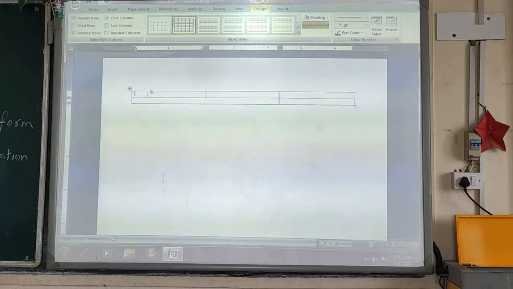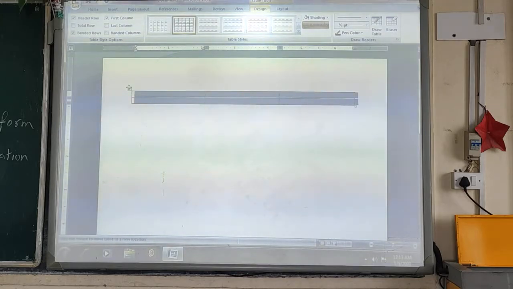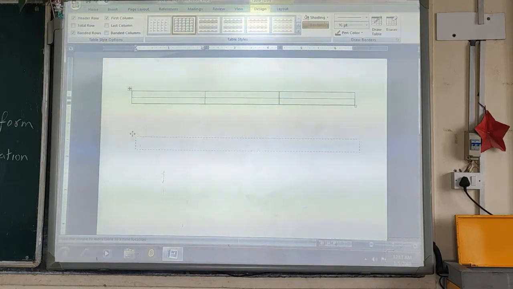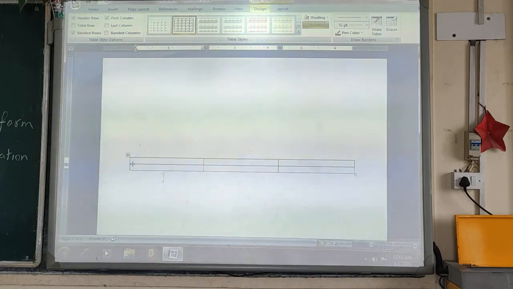For that, just take your mouse cursor to this particular move handle, hold the left button of your mouse and drag the table where you want to take it. And now you can see the table has been moved down.